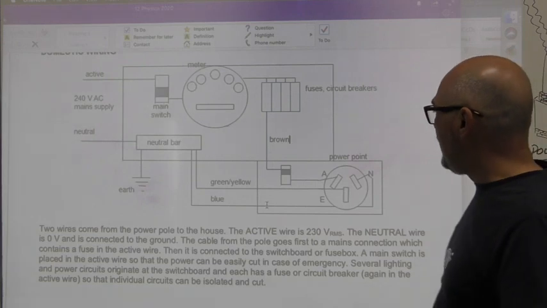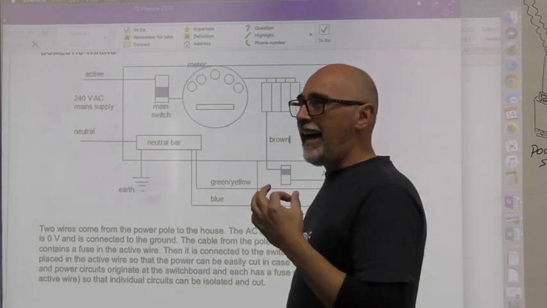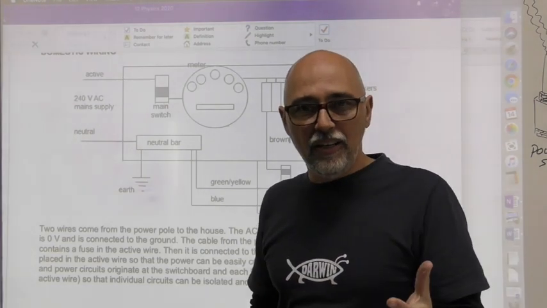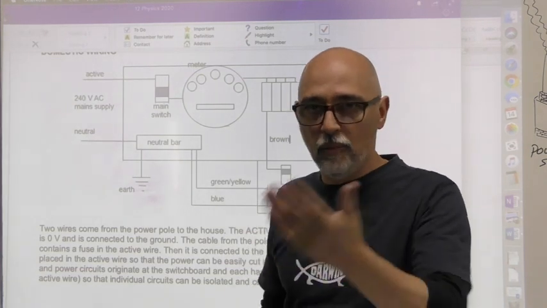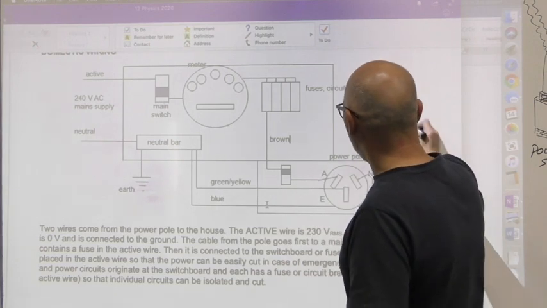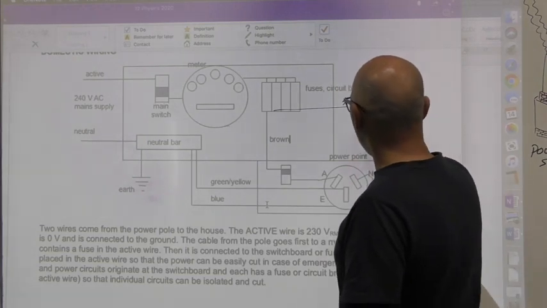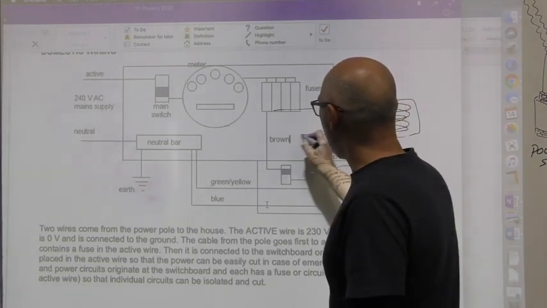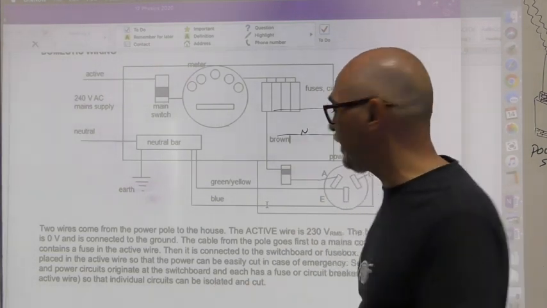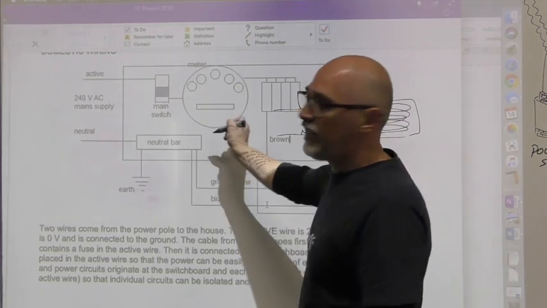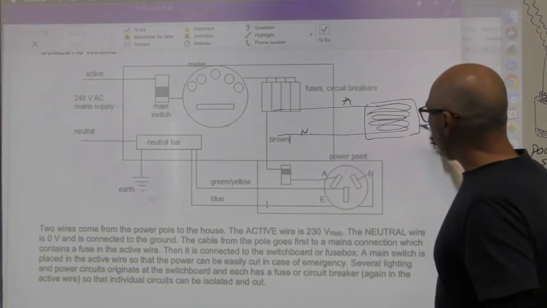It completes the circuit. Now, what the earth is connected to is the actual skin of the machine that you're using, whether it's an electric heater or whether it's a toaster or whatever, okay? So you have your toaster and the wire comes in, the active comes in, it goes through and toasts your bread, and then goes out to the neutral. Neutral's set at zero potential, okay? So this comes in at 240 volts, goes out at 0. Beautiful, okay? Everybody's happy, electrons moving along, okay? Now, over here though,